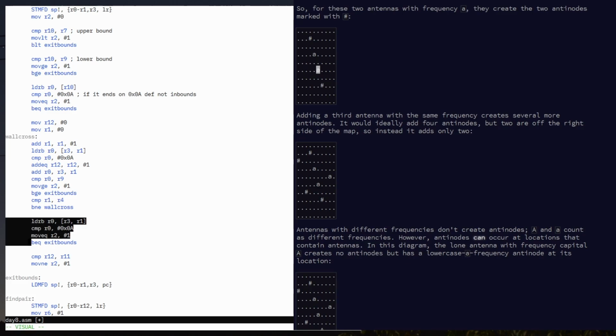I don't actually, we might not need this check, but I've got it in here anyway, because it would have counted that. I guess there could be an edge case where you end up on an 0A, and R12 would equal R11, but you'd be out of bounds. But anyway,